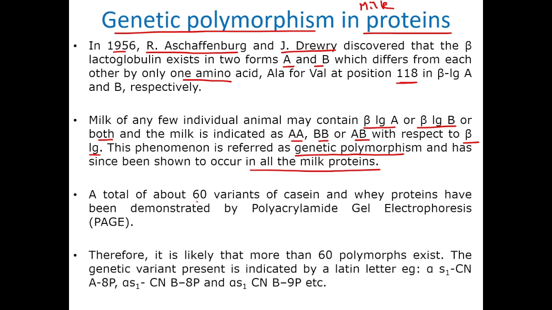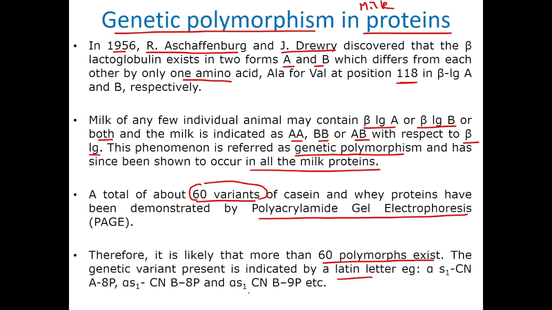So a total of 60 variants of casein and whey proteins have been demonstrated by Page. Therefore it is likely that more than 60 polyforms exist, and the genetic variant present is indicated by Latin letters,